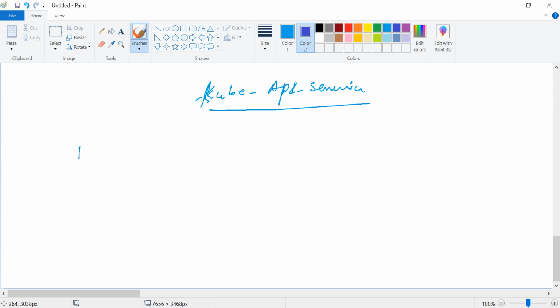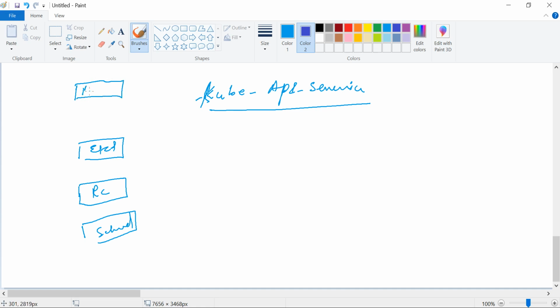We have services like the etcd cluster, the replication controller, and the scheduler. Two more things are coming up next: the proxy, and last, the kubelet.